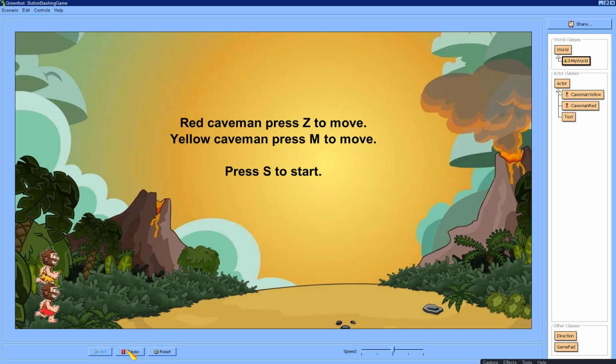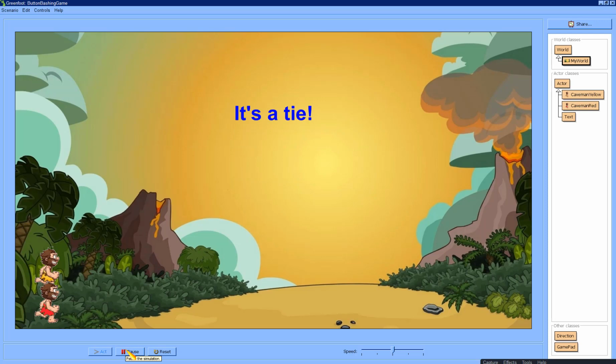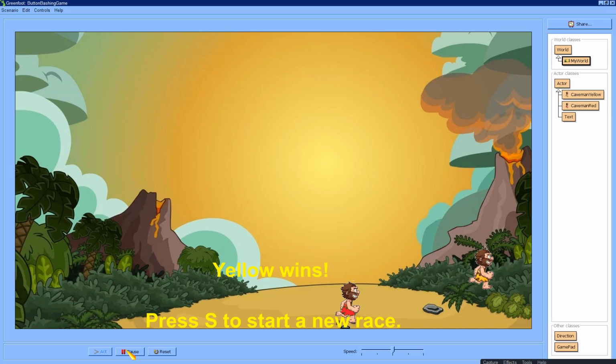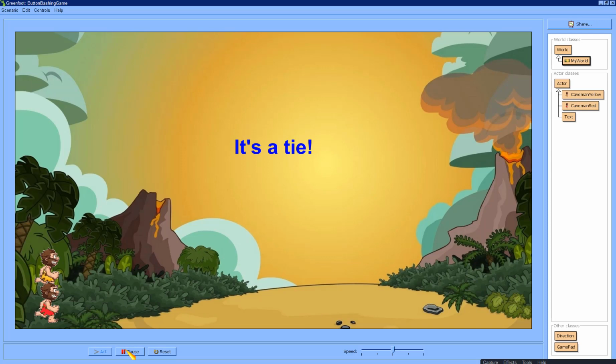So here we go. I press S. Immediately it says it's a tie. It's a tie. Red is winning. Yellow is winning. And yellow wins. Press S to start a new race. So I do. And yes, it goes back to